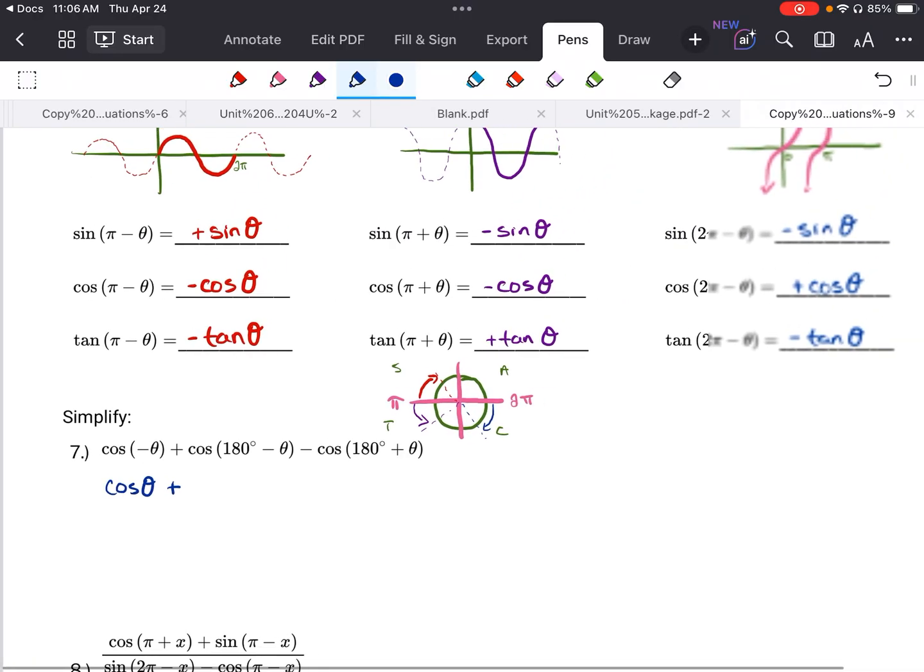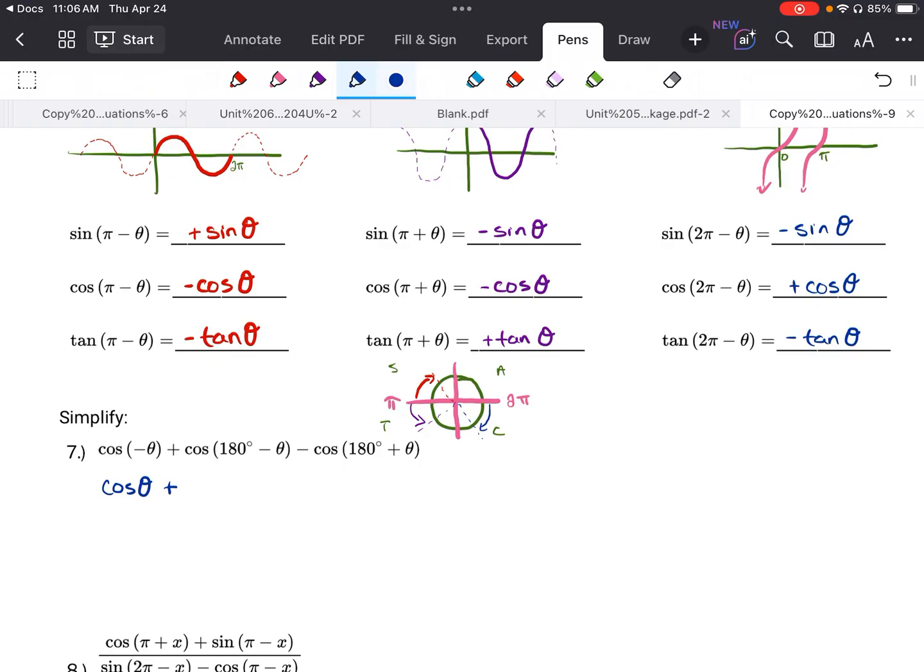The cos of pi take away theta, or 180 take away theta, gave us a negative cos theta. If you're not understanding that, I'm getting that from here. And 180 plus theta, which is here,